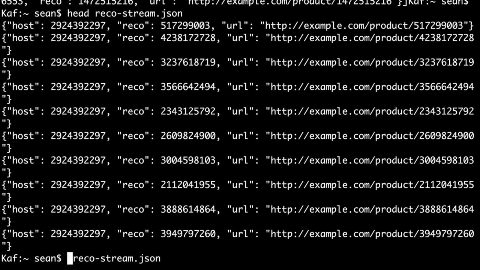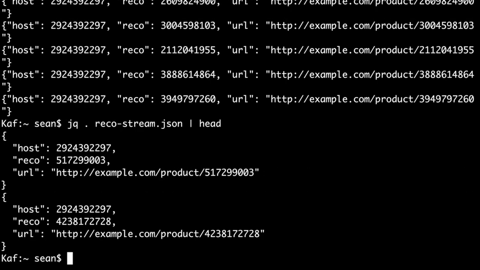So to get started, for example, take a look at jq . on recoStream, and I'll show you exactly what that does. Super simple. All it really did was format that JSON to look a little bit nicer, but dot just means to access the current object. So that's not super exciting in this stream. All it means is to concatenate the whole thing, which is not always useful,